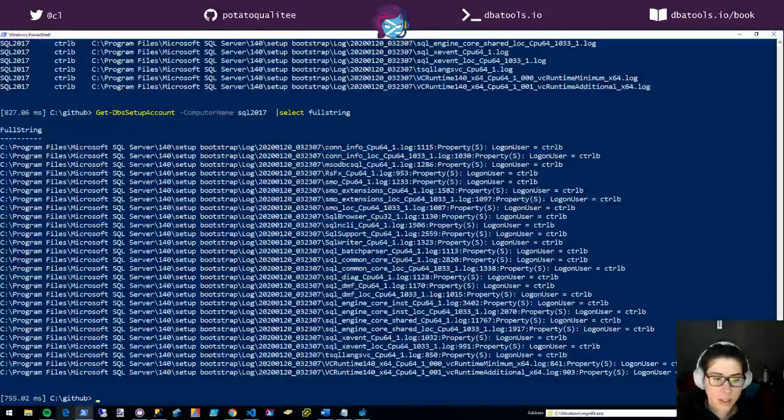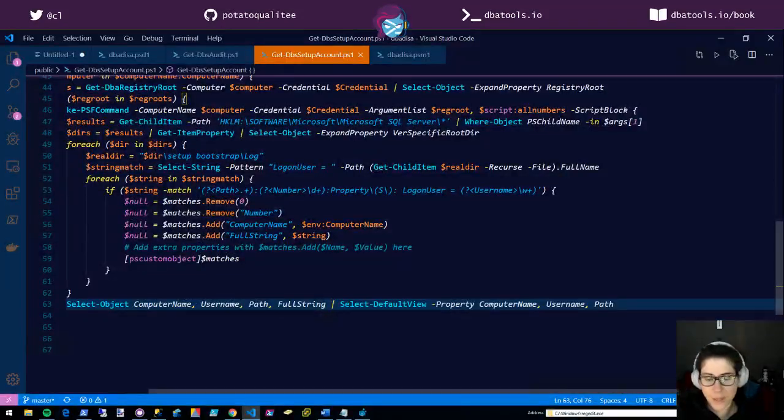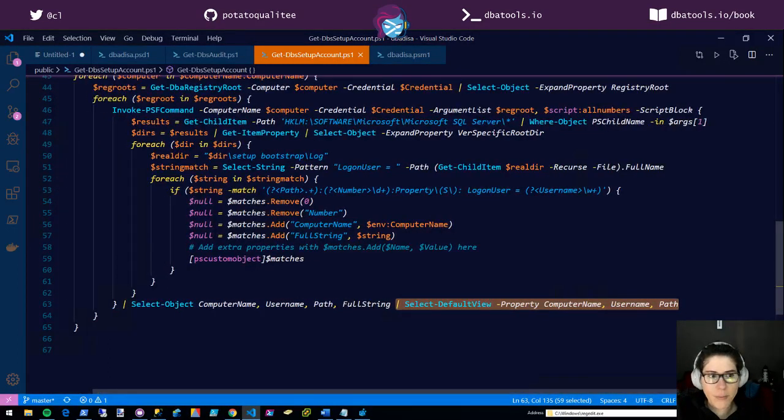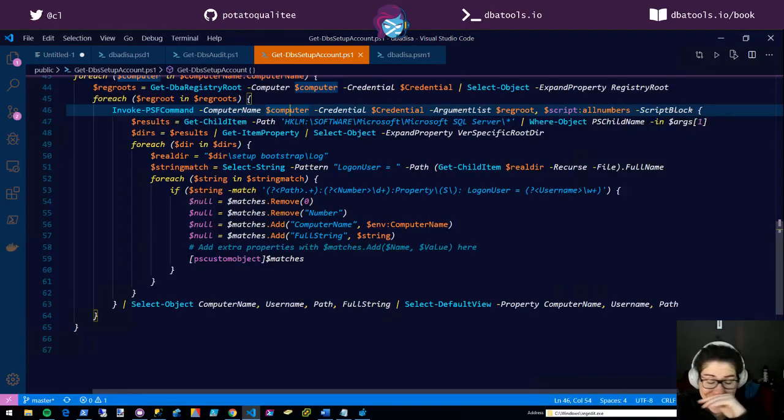So I'm gonna show you real quick what I did here. Whenever you invoke command, right? I'm invoking a command remotely, and I tell it this remote computer. In this case, it's SQL 2017. So it goes there, but whenever invoke command returns stuff, it always adds a bunch of stuff I don't want.